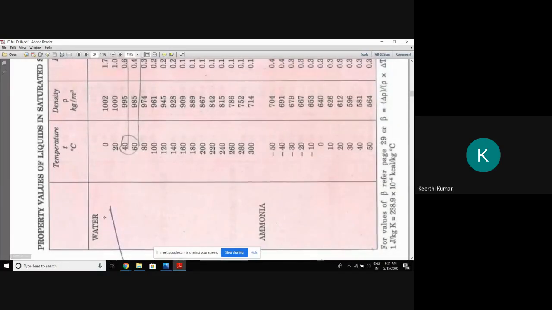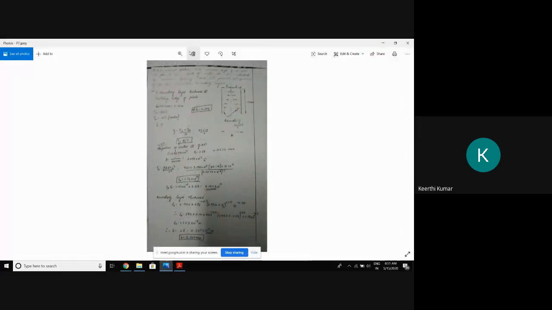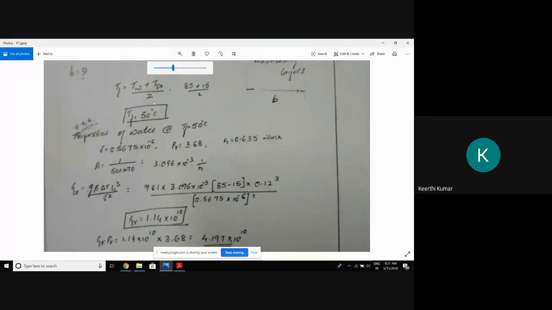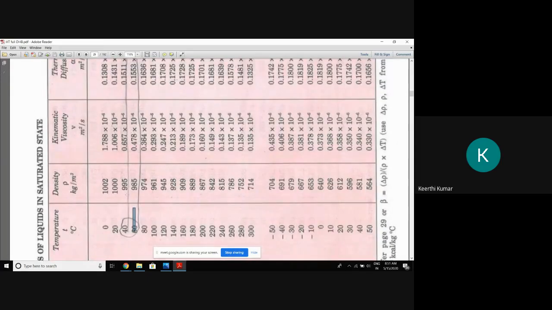That means now we got the water temperature, TF, 50 degrees centigrade. So we are supposed to calculate all the properties at 50 degrees centigrade. So 50 is not there. In this case, you have to do the interpolation and take the properties. What are all the properties we will take? We will take kinematic viscosity. Now we are having values for 40 and 60. Divided by 2, we will get 50. If it is 55, interpolate and take the value.